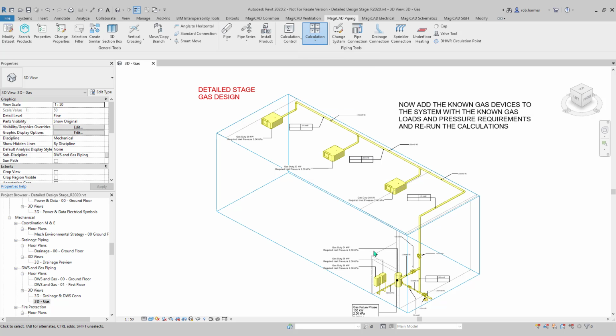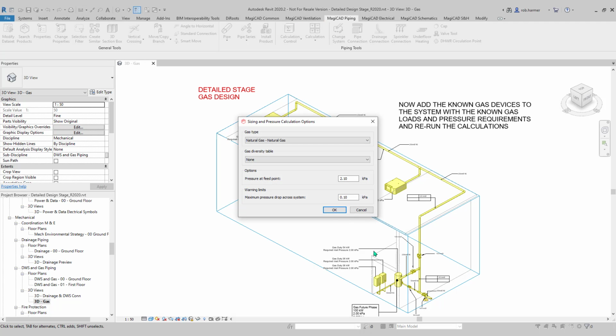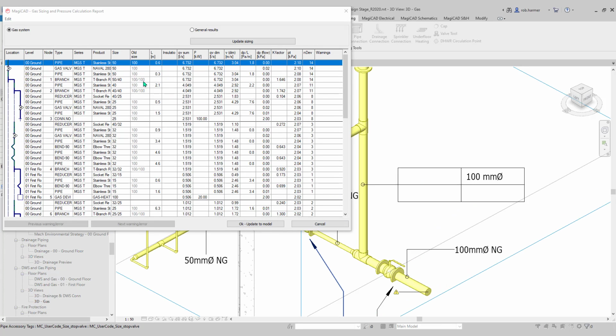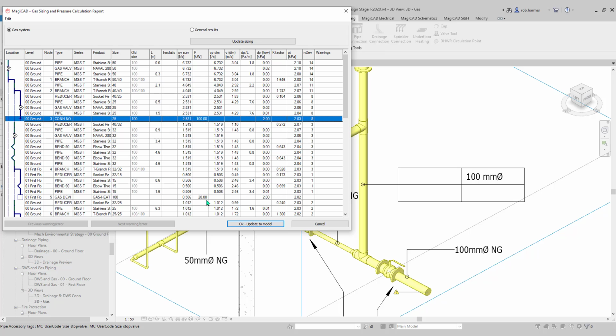back down to the gas sizing and pressure drop, and here's the dialog box that was there previously in the early stage design. I'm not going to change anything in here. It's all the same conditions as I want it. Just now I've got this updated equipment in here. So I'll just select the network pipe, and you can see there's the results. It looks very familiar to the previous one, of course,